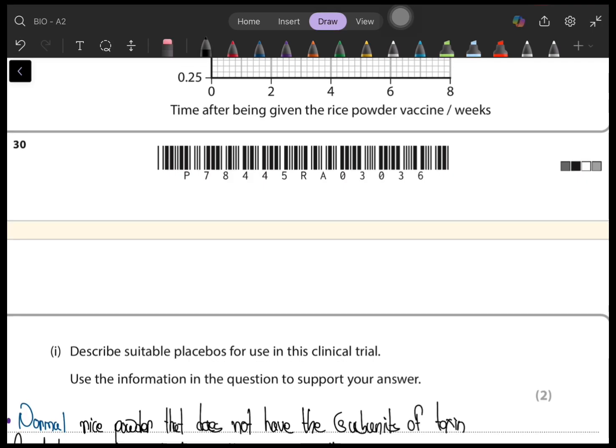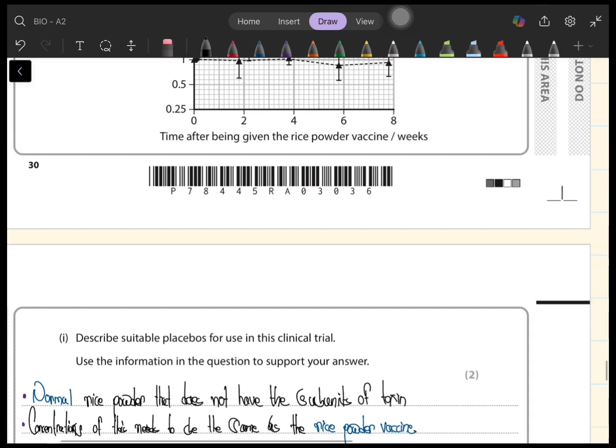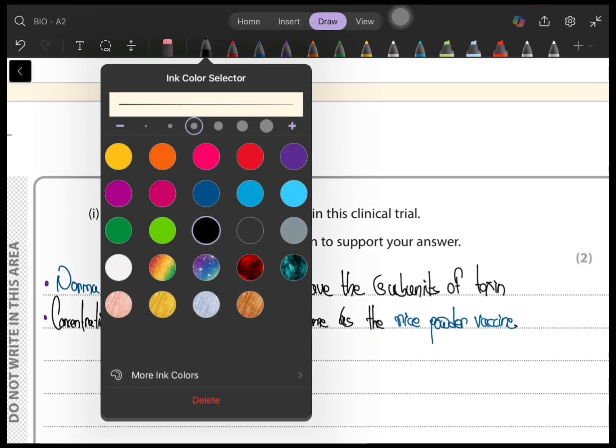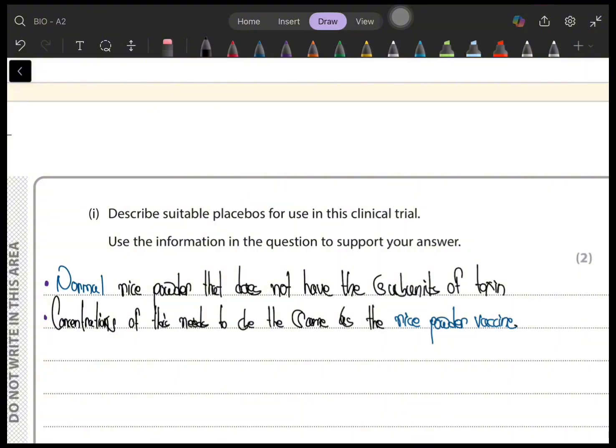Describe suitable placebos for use in this clinical trial, right? So a suitable placebo would be rice grain without the subunit, normal rice powder that does not have the subunit. Oh, another thing is that when you are using a placebo, you have to make sure that the concentration remains the same as the medicine that is being tested, right? So normal rice powder that does not have subunits of the toxin, and the concentration of this needs to be the same as the